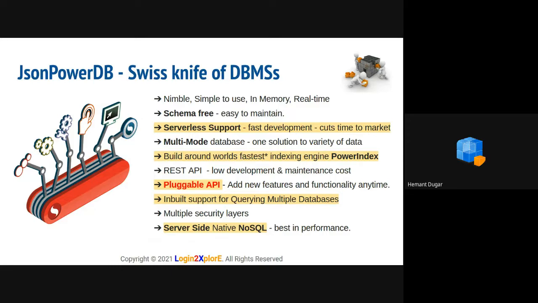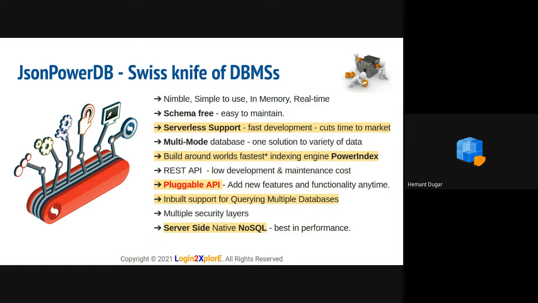So normally in most programming languages, either PHP, Java, .NET, or whatever programming language you use, you normally need a programming language in between. But in JSON PowerDB, you can directly call server APIs, like JSON PowerDB APIs, from the front end, from JavaScript, HTML, or front-end technologies.